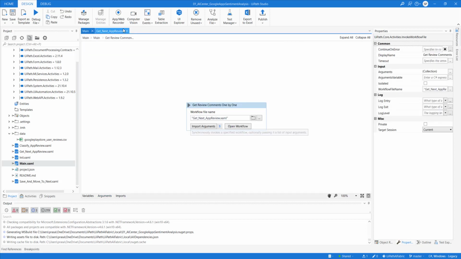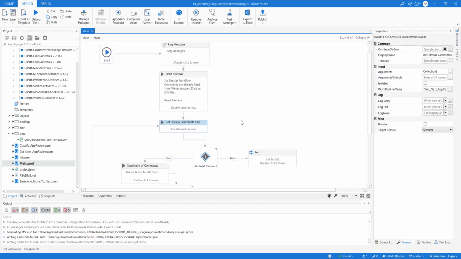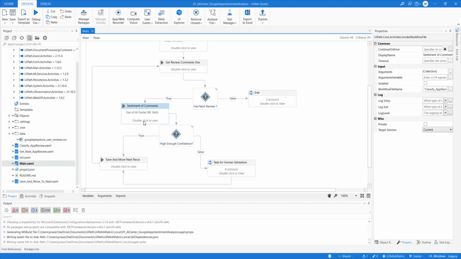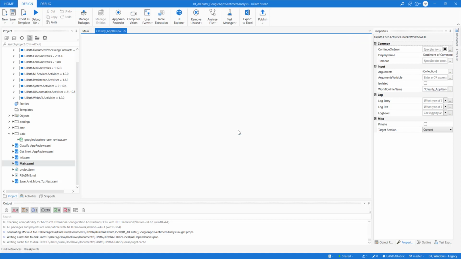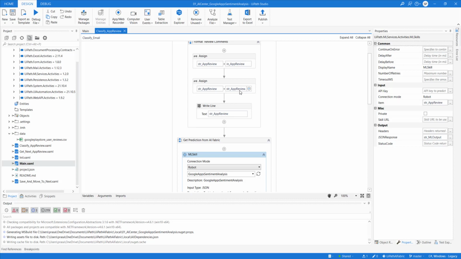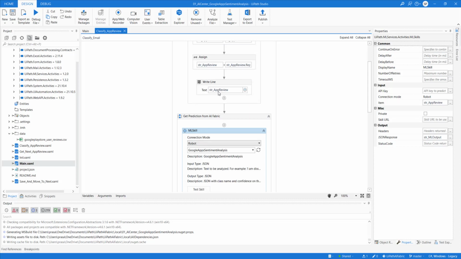Now come back here. Let's close this just so as not to confuse anyone. So now you have review. Here we are checking whether it has a review, right? If not, it will come here and try to identify the sentiment of the text of a review. We have a string variable, which is coming from the previous workflow. Then we are replacing spaces, commas and all those characters just for the review purpose. And then we are writing that on a line so that we should be able to see those.